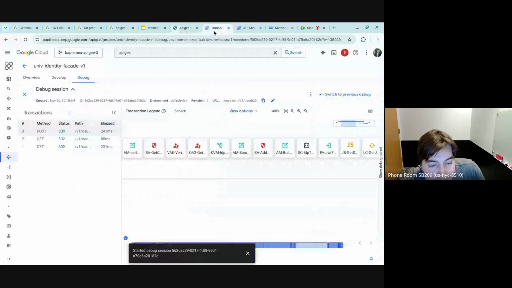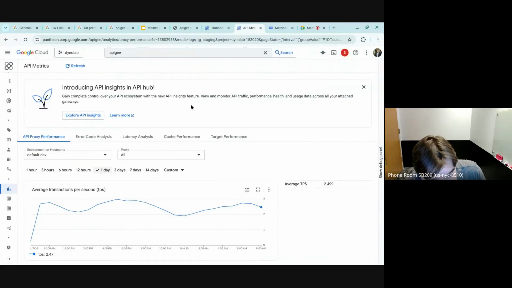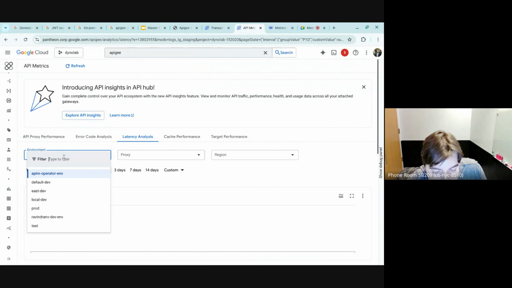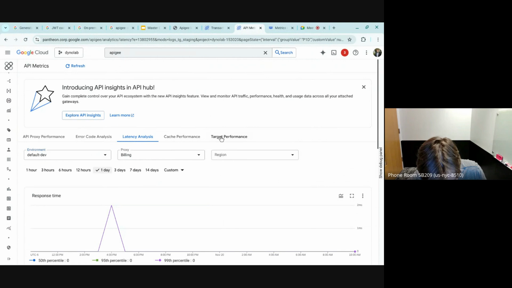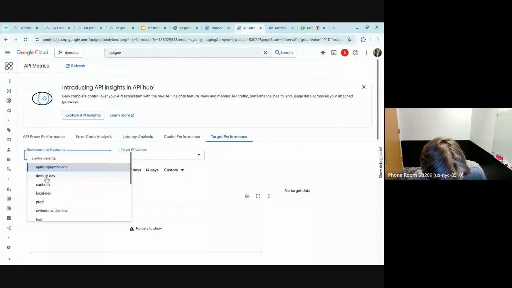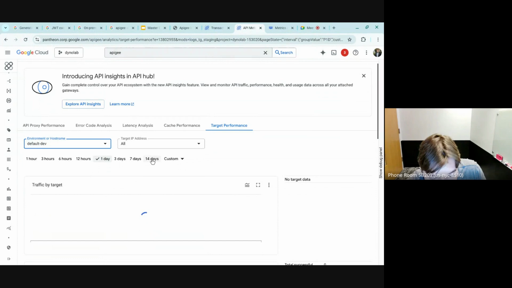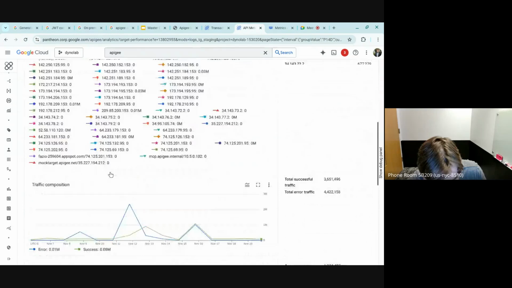So with that, what I wanted to showcase first is the out-of-the-box metrics in Apigee, which a lot of people may be familiar with. As you can see here, you have your typical latency analysis specific to an environment. A proxy, you can see what's working with your caching strategies so that you can fine-tune this as well. With that, you can also evaluate some sort of target performance to see if your underlying target servers are causing an issue at all. So uniquely sharded by IP address, DNS, kind of what have you.